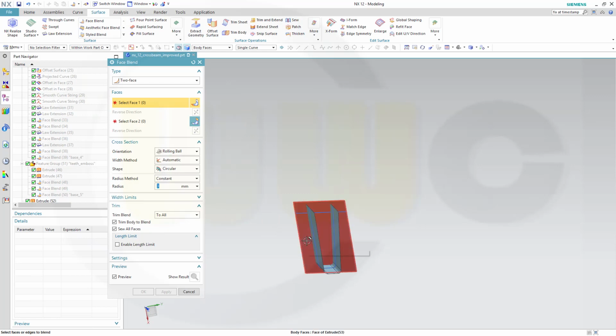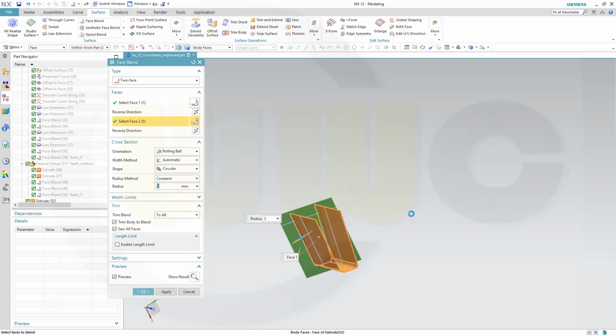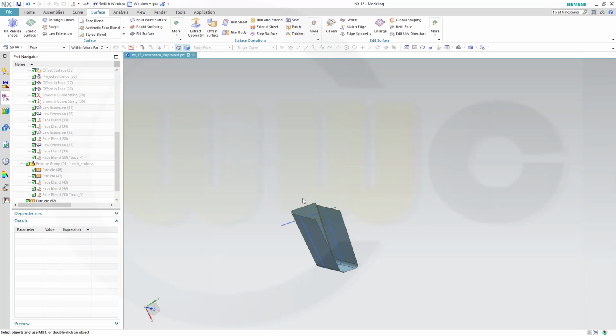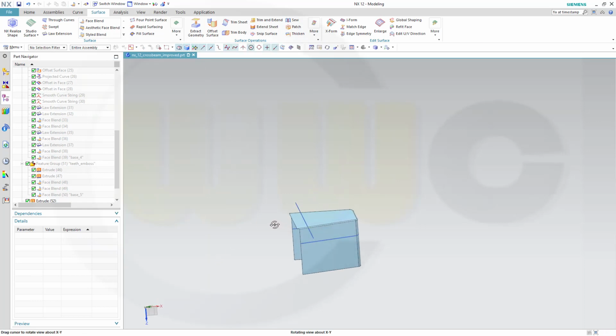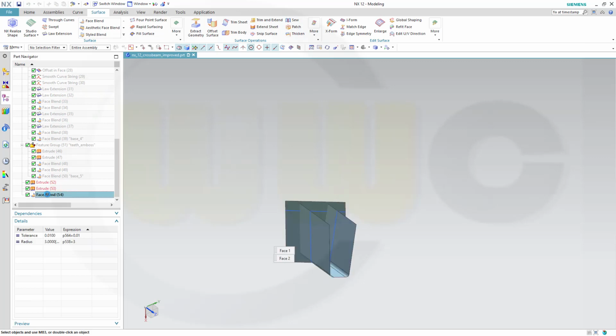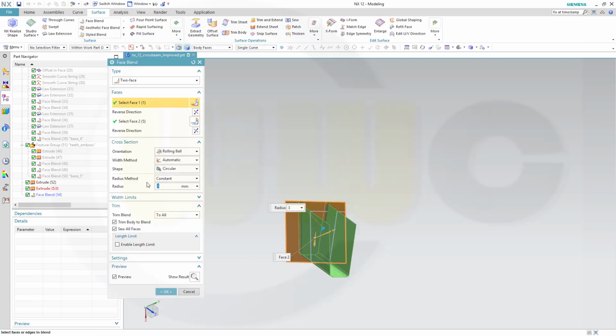Okay, make a faceplant between 3 millimeters. Okay, this one, reverse, and that one. Sorry, I forgot to go there. Now it should work. Reverse this one and confirm. Okay, maybe this should be 5 millimeter, so change it to 5 millimeter. Okay,